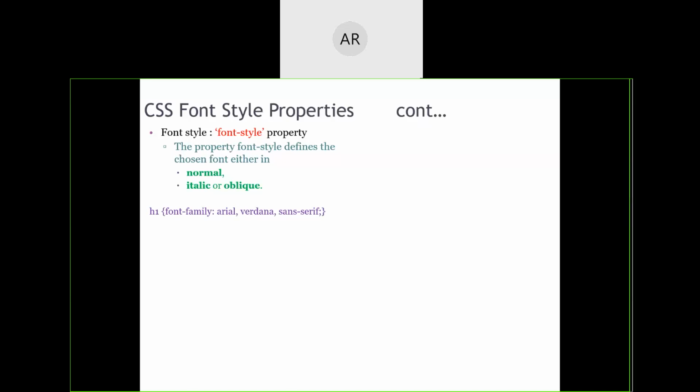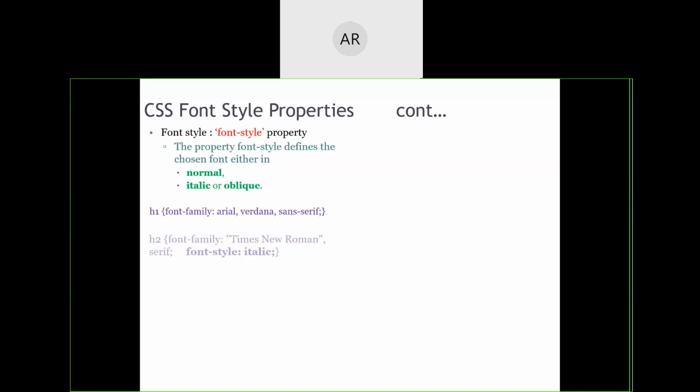So, for example, for the header tag, I want to apply a font family of Arial nature, or if Arial is not present in the client machine, you can adapt to Verdana, and the nature should be sans serif, meaning it should not have any footing effects.